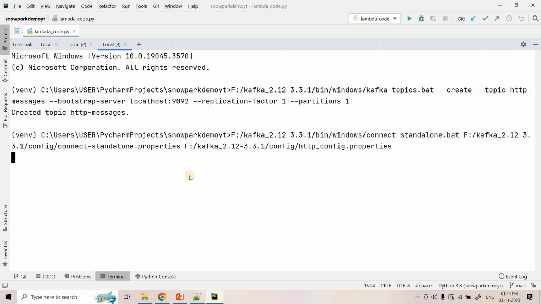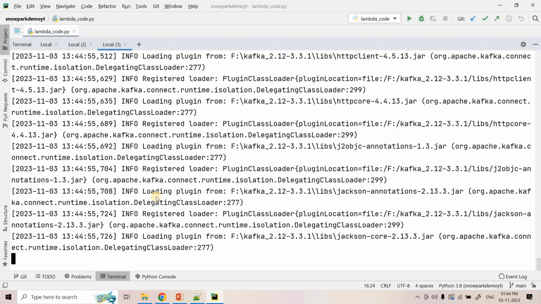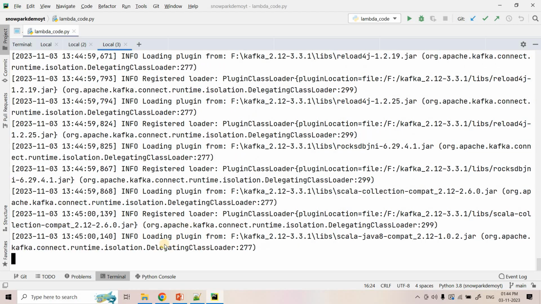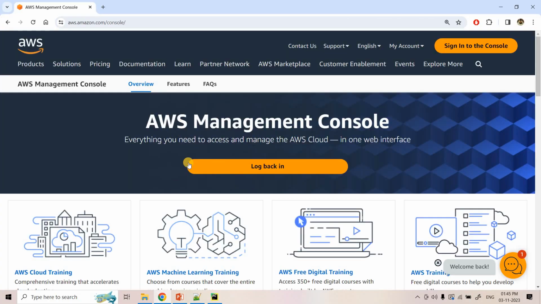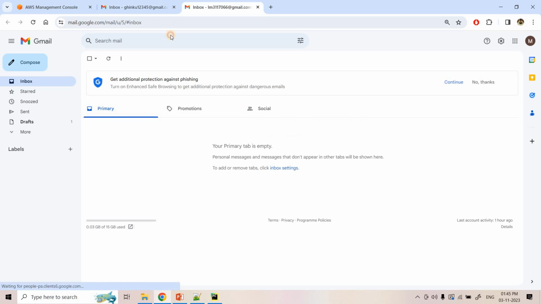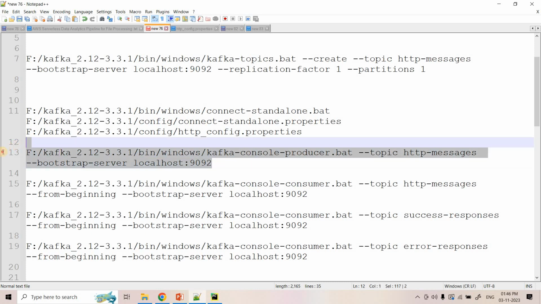So here I can paste the same code and I can hit an enter. So here Kafka connector is starting. Till then, let me open some mail IDs where I will show you the real-time marketing messages coming. So here I have opened 2 mail IDs where currently you can see in primary section nothing is there. So we will try to publish some events in Kafka and we will see whether real-time communication is coming or not. Okay, right? So here I will start my Kafka producer where we'll publish the event in this particular source